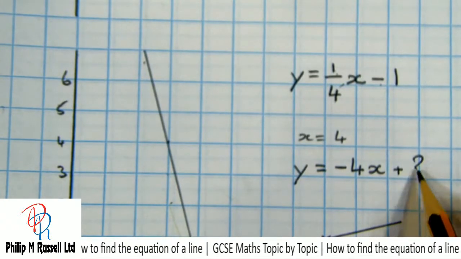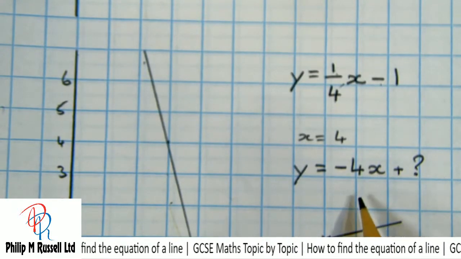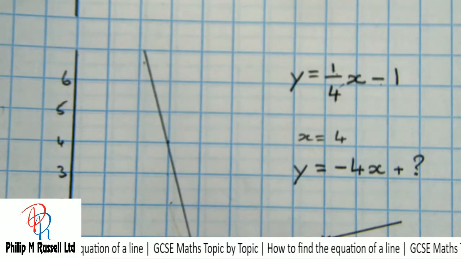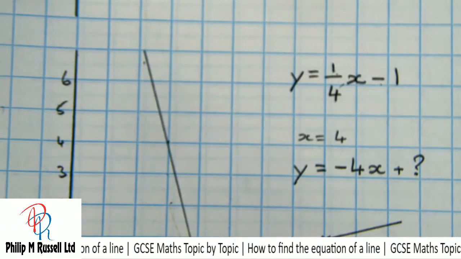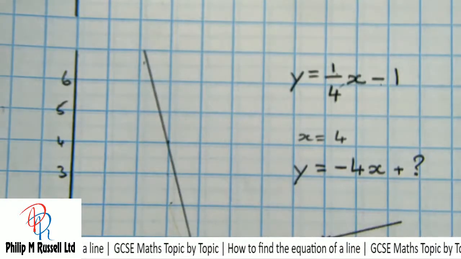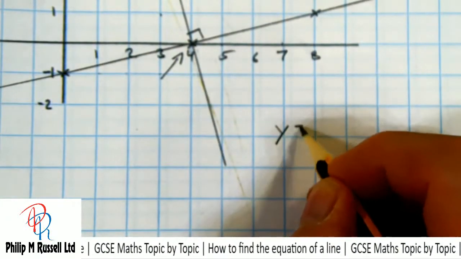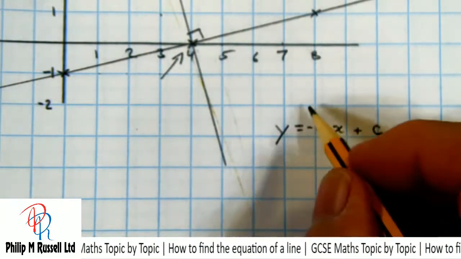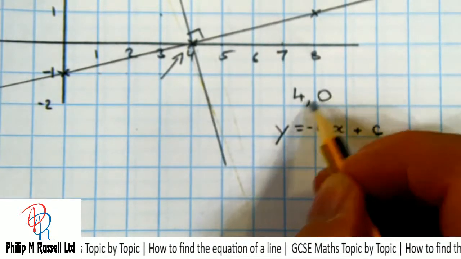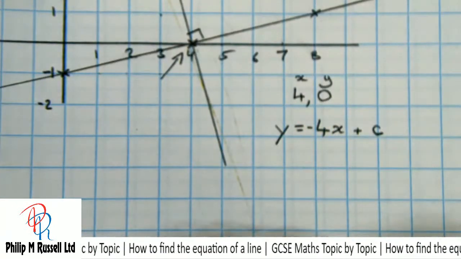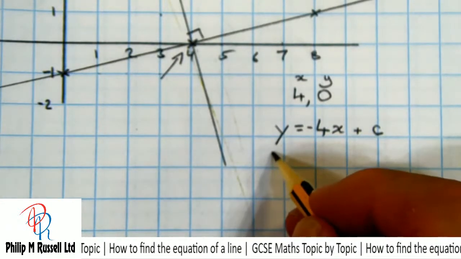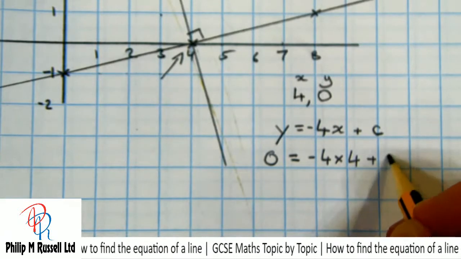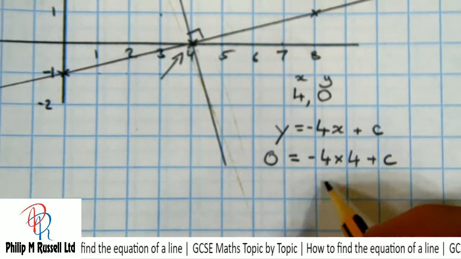Now, where's it going to cross this axis? Well, let's see what we know. We know that this crosses at this point, where x is going to be 4 and y is going to be 0. So I could just put these numbers in. Let's do that. So I've got y equals minus 4x plus, I'm going to call it c. I want to work it out where it is, and we know the values are going to be 4, 0, our x and our y. So I can say that 0 equals minus 4 times 4 plus c. So that's going to give me 4 4s are minus 16